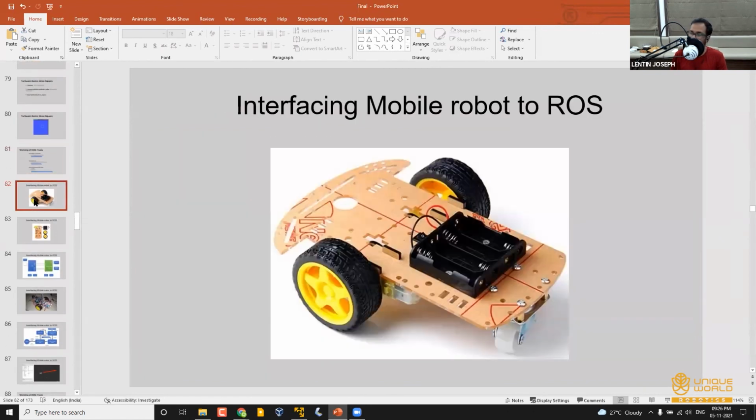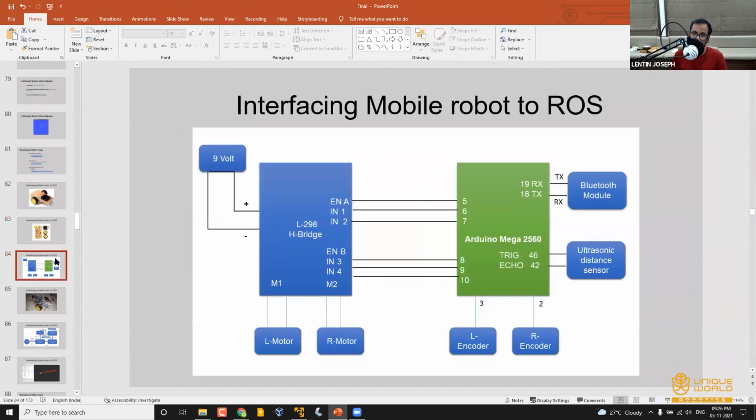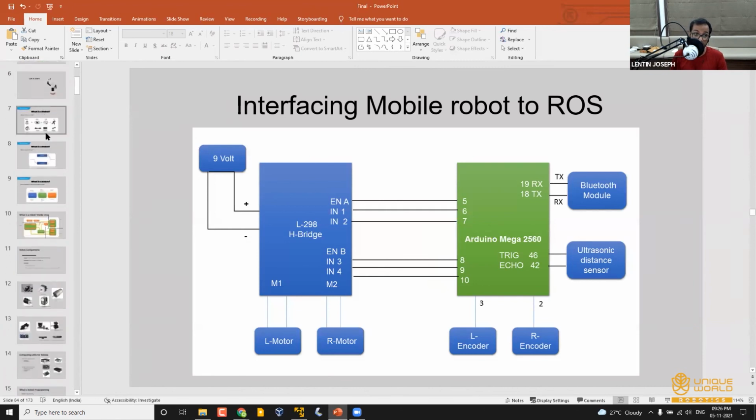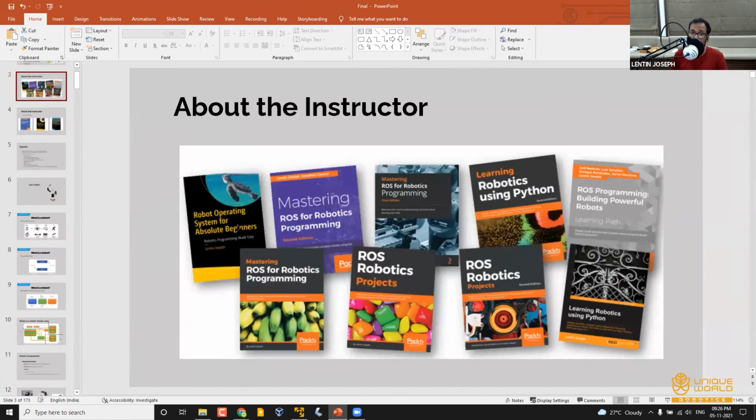These are some of the very basic robots that you can make and make compatible with ROS. This is actually there in my book called ROS for Absolute Beginners, which is suited for those who are starting with ROS. The second edition is coming.